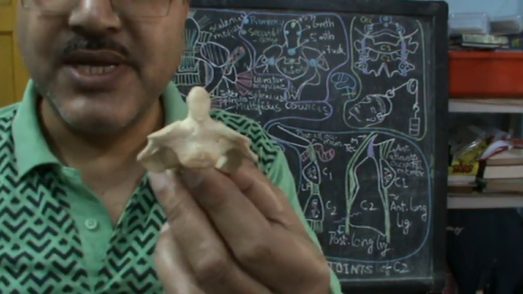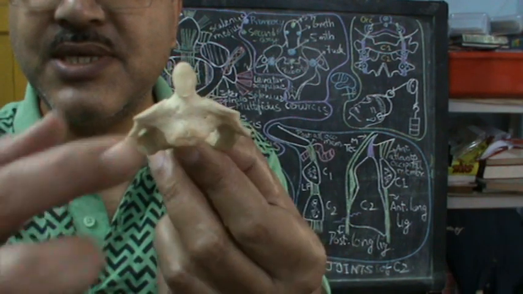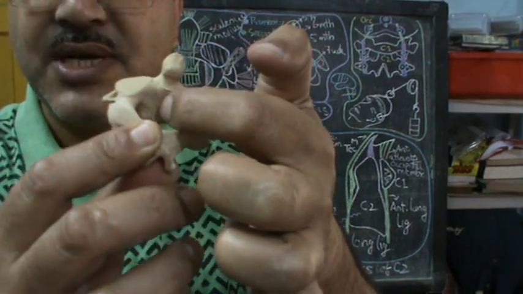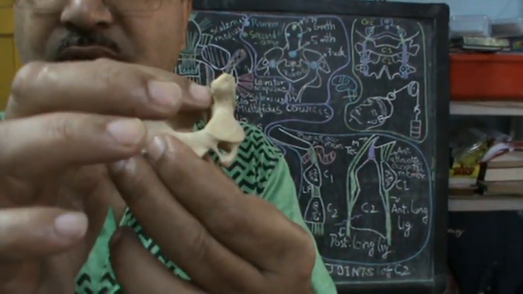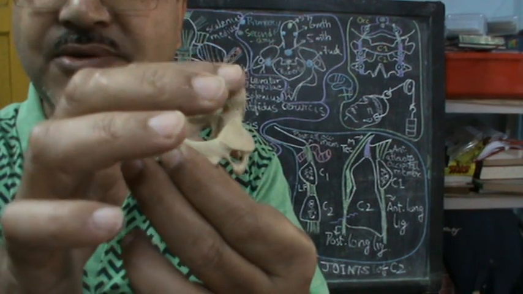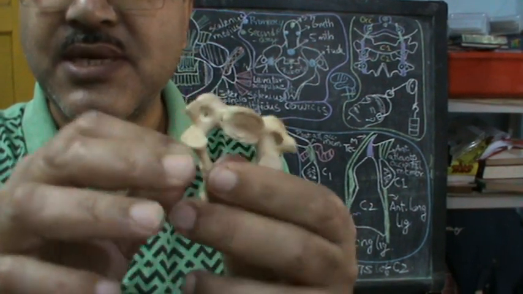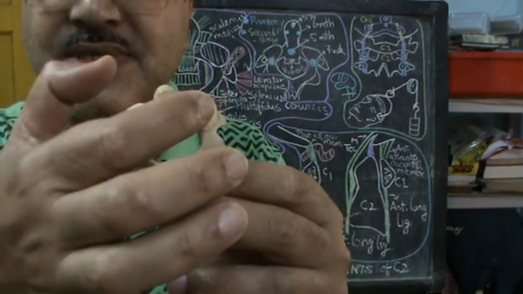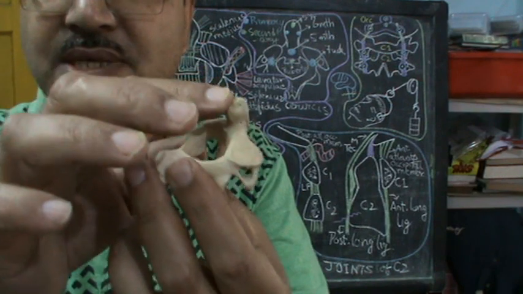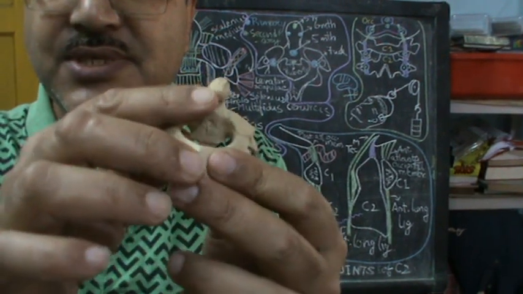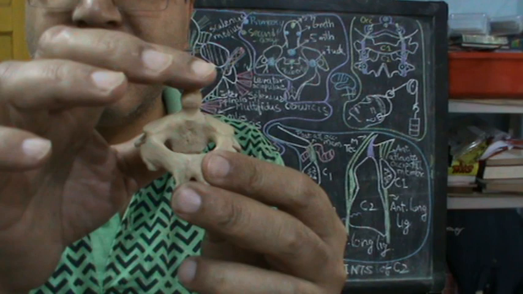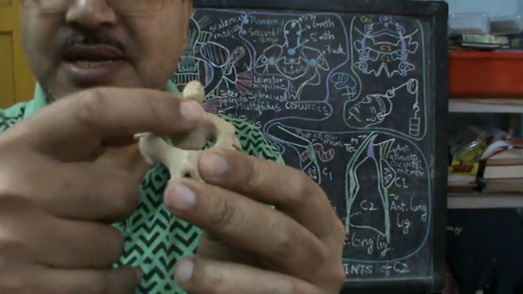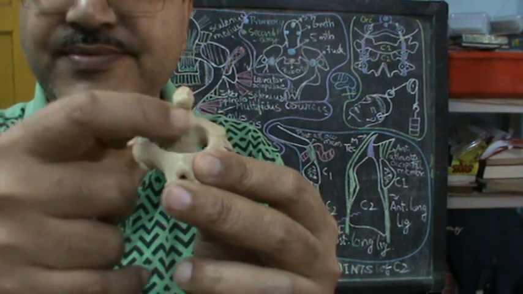Now a little bit of detailing. The body, as you can see, has an anterior surface, a posterior surface deep inside over here, a superior surface bearing this peg-like odontoid process, an inferior surface, and two lateral surfaces. On the superior surface you can see this peg-like odontoid process. It tapers to a sharp tip over here. The sides are slightly flattened, and at the neck over here you have a groove.